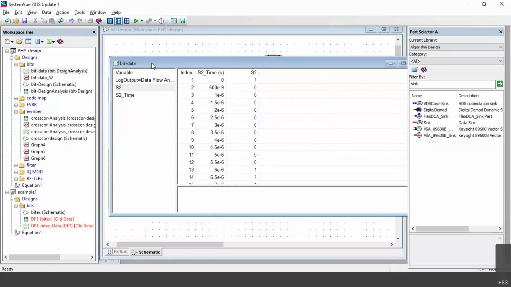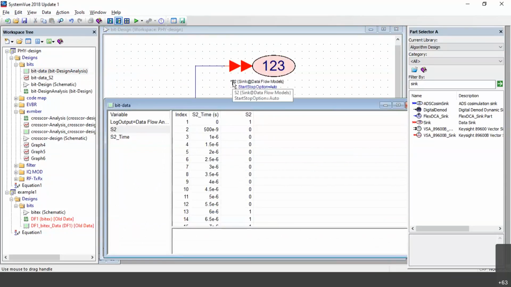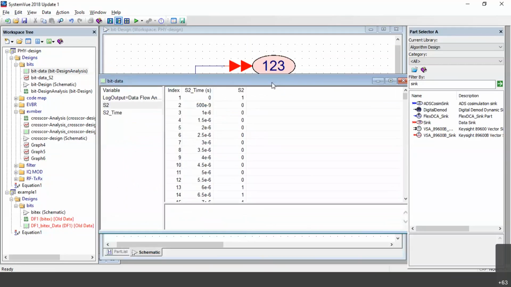Where exactly is this S2? See, this is your sync. That is the output port. S2 is your output port. It is going to give the signal with respect to time as well as the number of bits generated. It is a pseudo random bit sequence generated. Fine. So for how many points is it generating? It is a power of 2, 2048, because we set up the number of samples as a power of 2. Fine. So this is the symbol it is going to generate. This is what all of you got, the same.